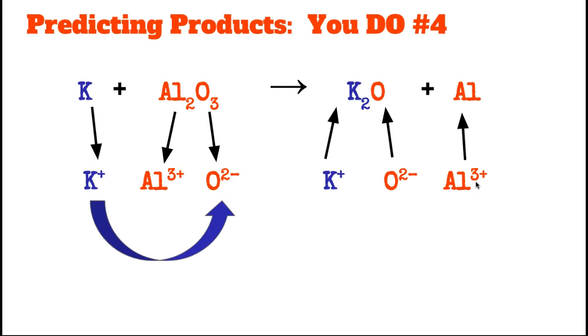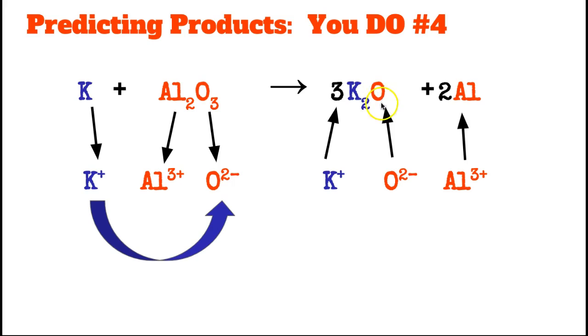Last thing we need to do is make sure this thing is balanced. We only have 1 potassium here, but we have 2 potassiums over here. Here we have 2 aluminums, but we only have 1 aluminum. Here we have 3 oxygens and only 1 oxygen over here. So we're going to need to do some balancing. So to fix this, I'm going to put a 2 in front of aluminum, so I have 2 aluminums on both sides. I'm going to put a 3 in front of my K2O so that I have 3 oxygens on